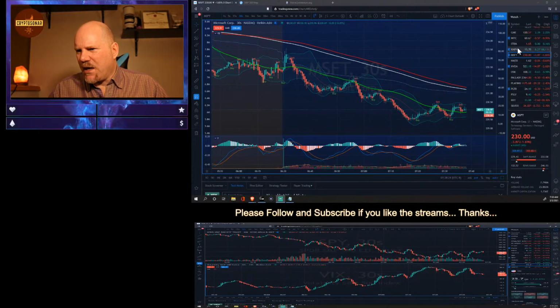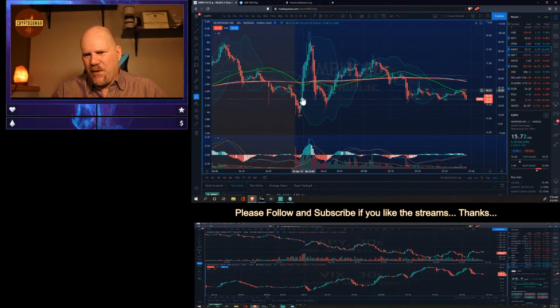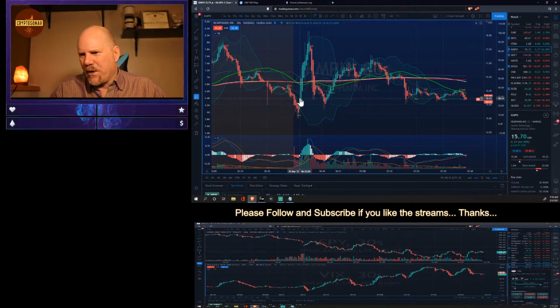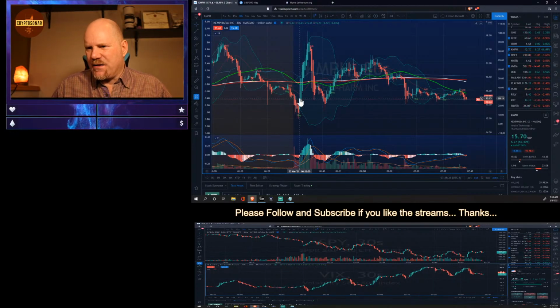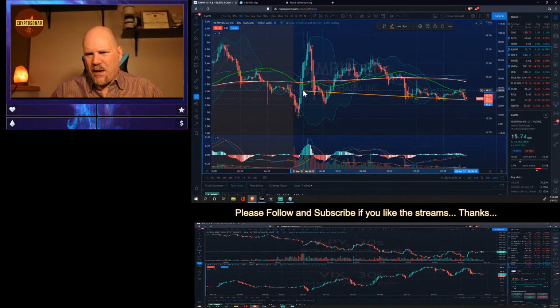All right, so KMPH, we said we're going to look at that one again. Again, careful. If you bought it on the open, you're pretty much right back to where it was within 2 minutes on the open at this 15.68 level. So you could see if it consolidates here. I don't know why I dragged that one to the bottom of that candle here.